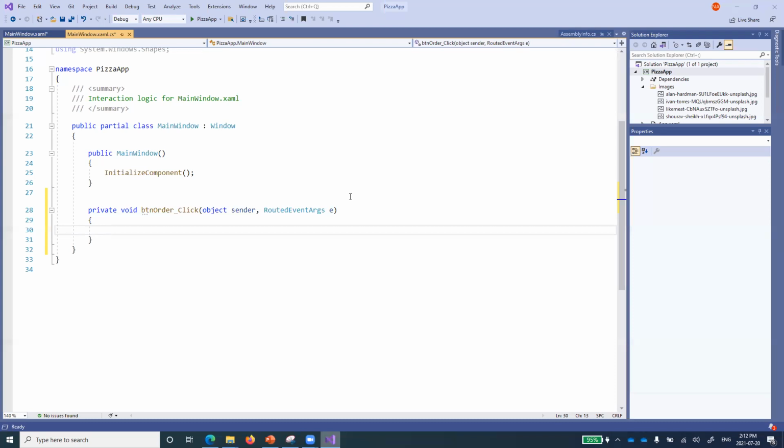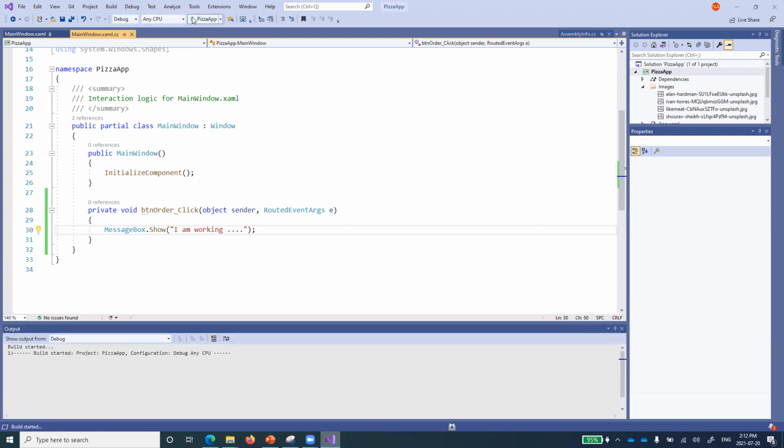We did that yesterday: when you double click on a button, you come to this environment which shows you that you are inside the code of that button. So whatever you want to do will be displayed. For those who were not here yesterday, if I write MessageBox.Show, I am working, right? So the button is working if that message is shown to us, just to check and to tell you what we are about to do.